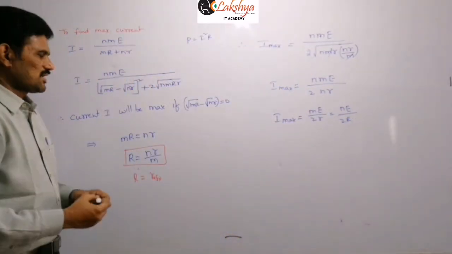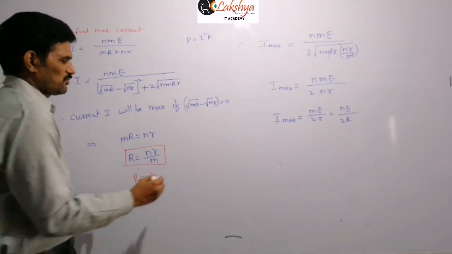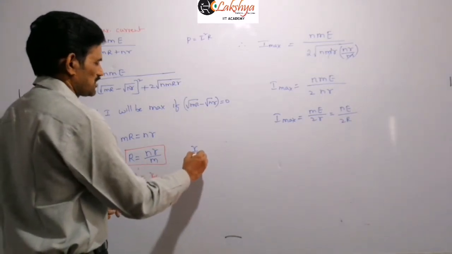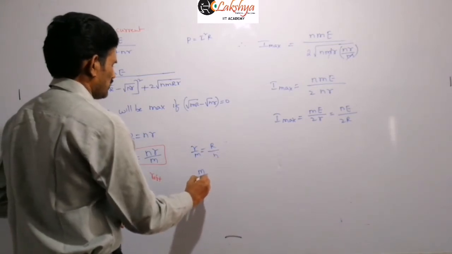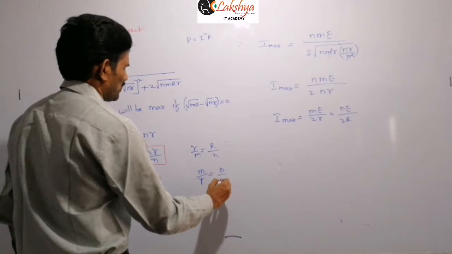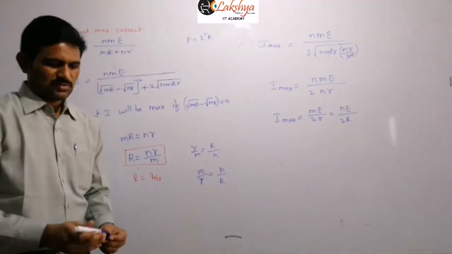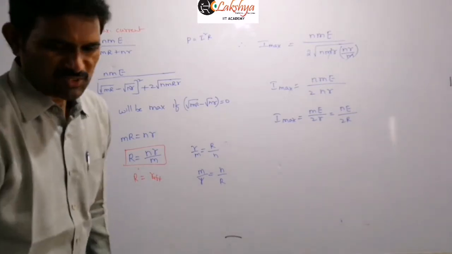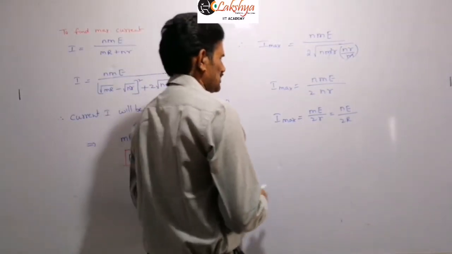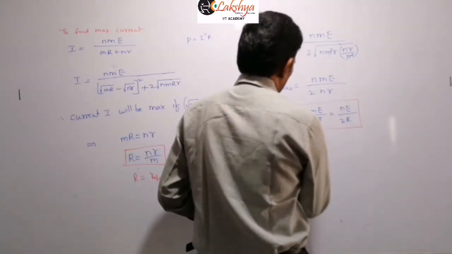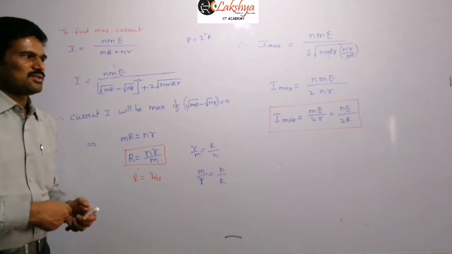You can find this R value from this and substitute there, or write the M by R value from this, so that R by M is equal to R by N. And you can reverse this: M by small r is equal to N by small r. Therefore, you can replace this M by small r with N by capital R. So that is our maximum current expression. You will get the maximum current when the total external resistance in the circuit is equal to the internal resistance in that circuit, right?